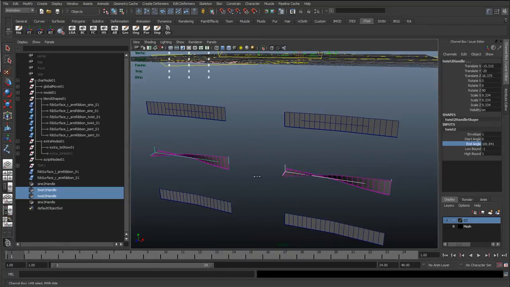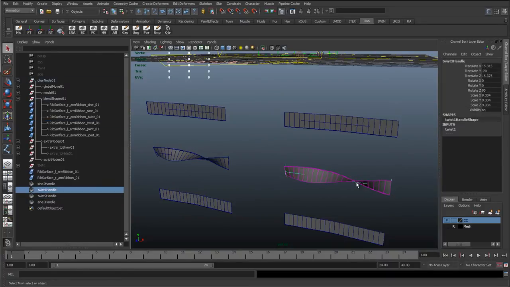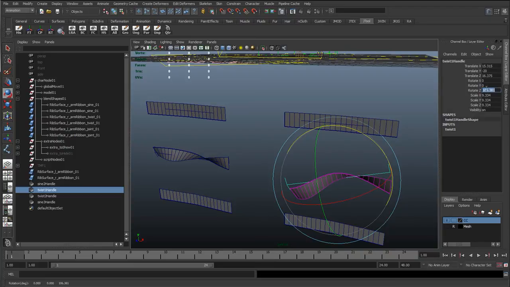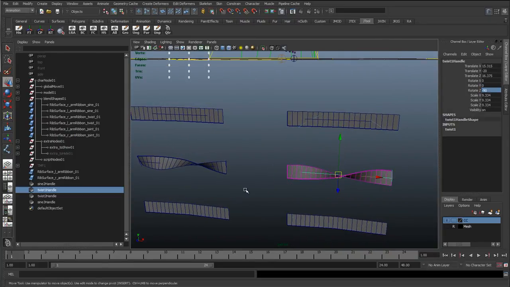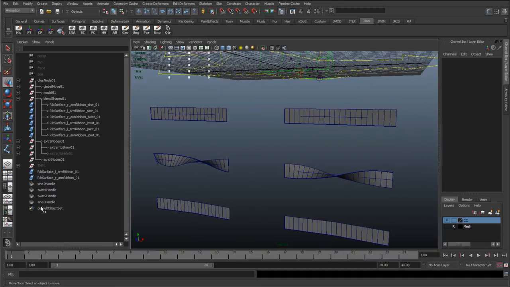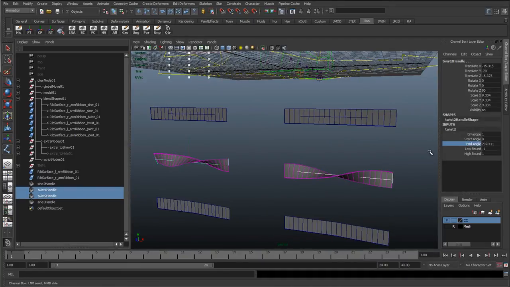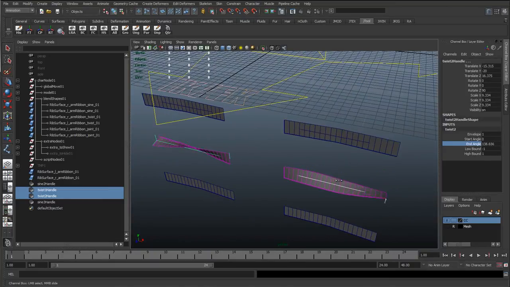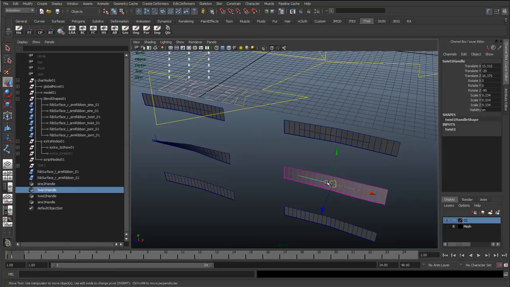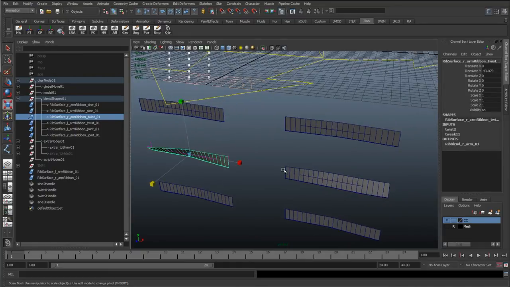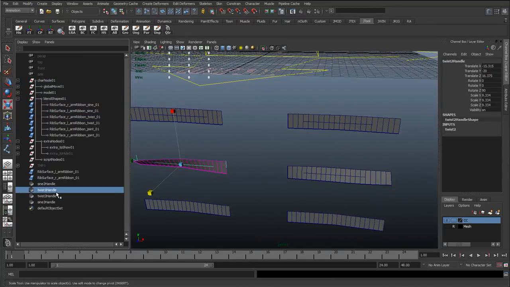And what I'm going to do is get it so that twist. So I'll select this handle actually and rotate it to -90. So we get that twist starting so we can get it starting from the start again. And we're just experimenting with these at the moment, so the twist might not actually be